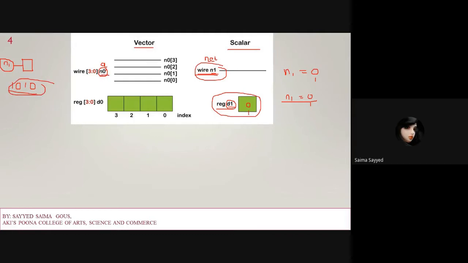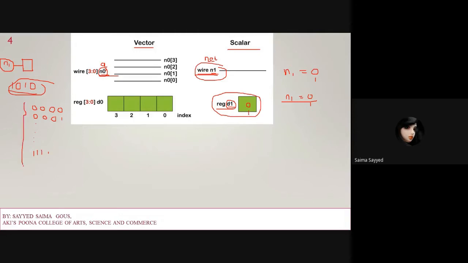Now how will this wire look? Here N03, N02, N01, N00. There are 4 bits. Now N0 has 4-bit values, so it can be 0101, for example. There will be 16 possibilities, from 0 0 0 0, then 0 0 0 1, next 0 0 1 0, and so on up to 1 1 1 1.